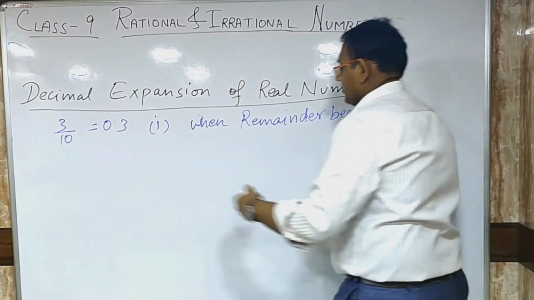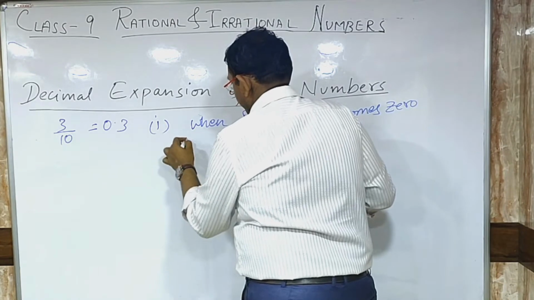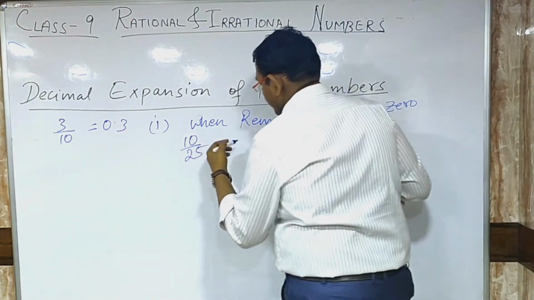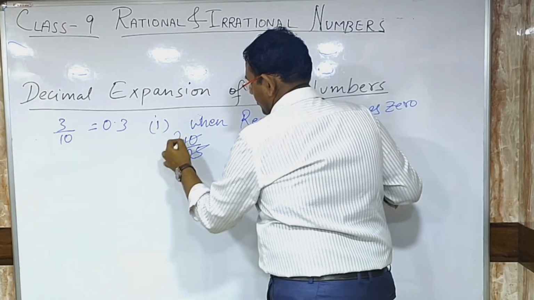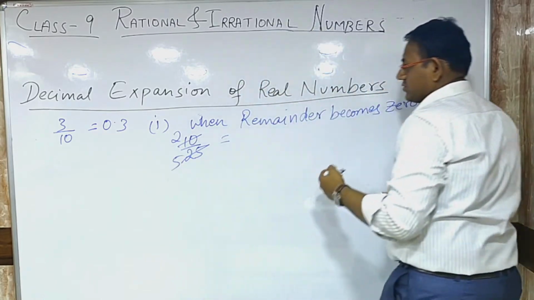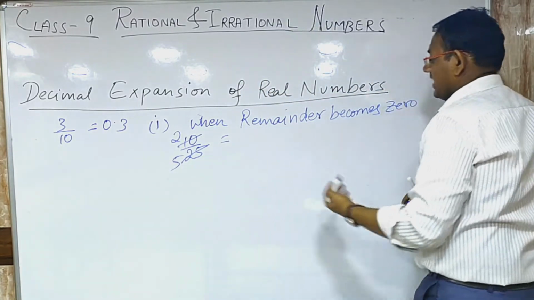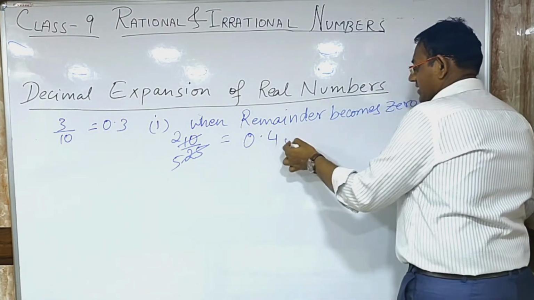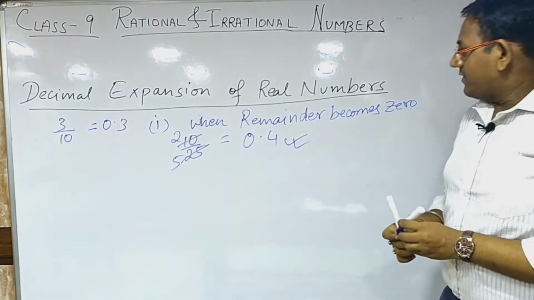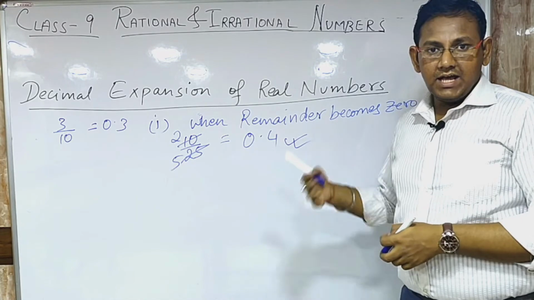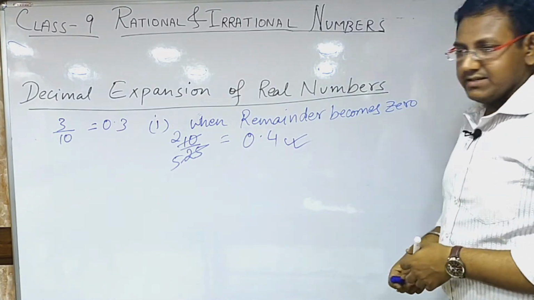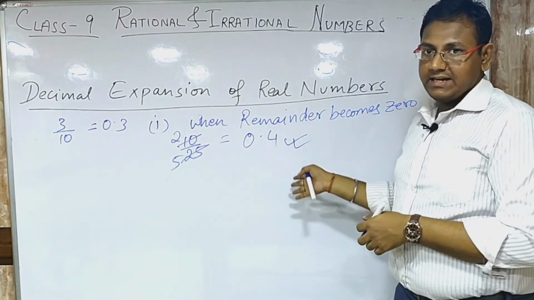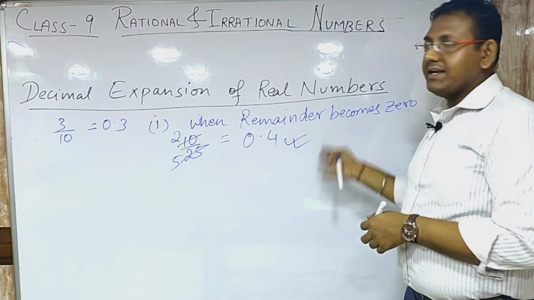Let us take another example. We can write 10 by 25. The first thing is to simplify this. We get 2 and 5 over here. Now 2 by 5 can be simply divided, and after dividing we get 0.4. So whenever we take a fraction and divide it, we get an answer in decimal where it ends. That means the decimal has no remainder part.